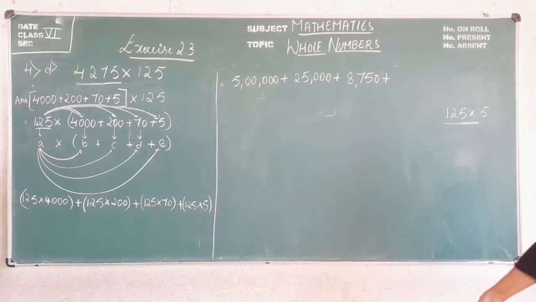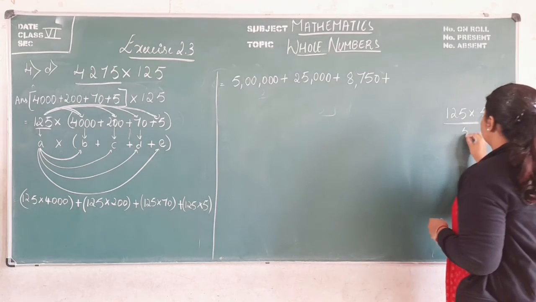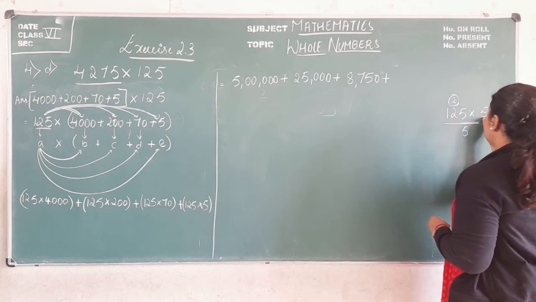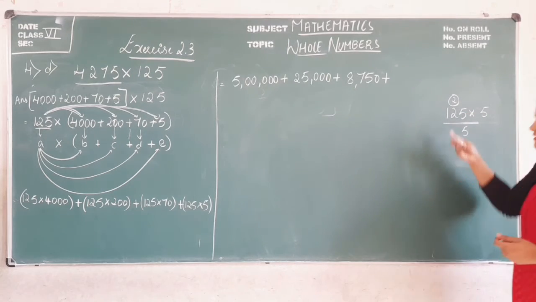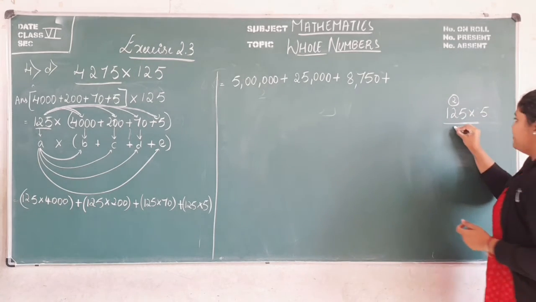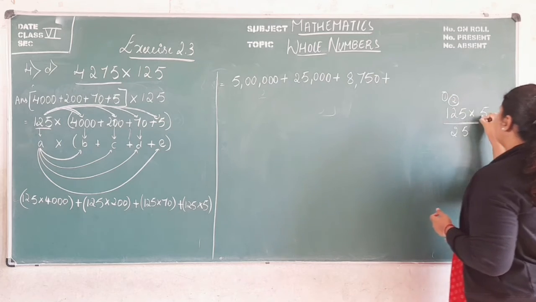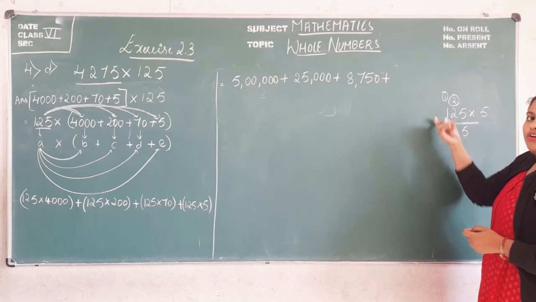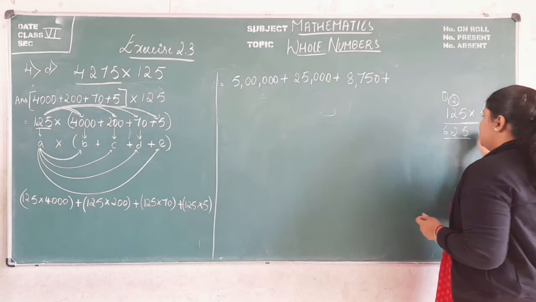So what is 5 5s are? Yes, 25. So 5, 2 carry. Then what is 5 2s are? 10. 10 plus 2, 12. So 2, 1 carry. Then 5 1s are 5. So 5 plus 1, 6. Yes, we got